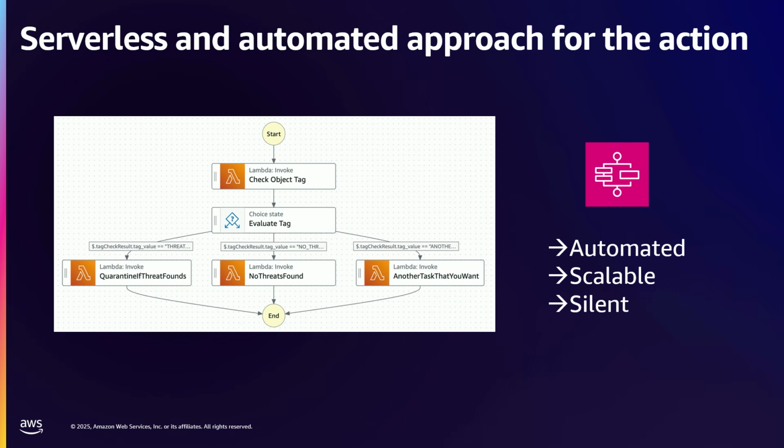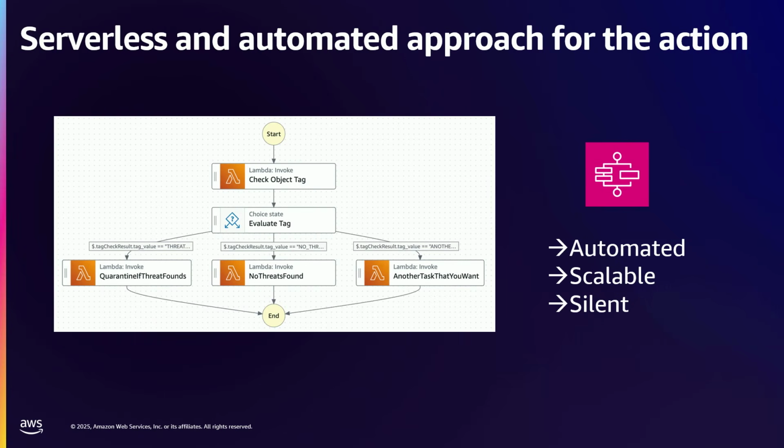We need to do a forensic analysis for the object, actually. And after that, the quarantine-if-threat-found Lambda deletes the original object from the client side, because we don't need it. If you have a mobile app with AI-generated images, you don't need to go to another step with this object, with this image, because it's already malware. So we need to quarantine that.